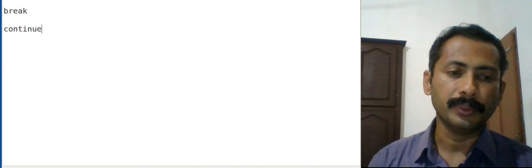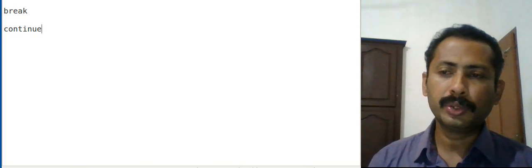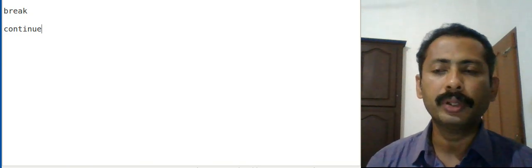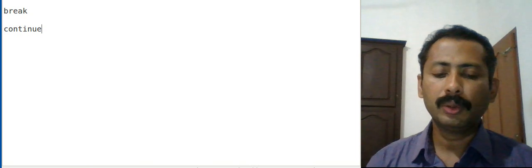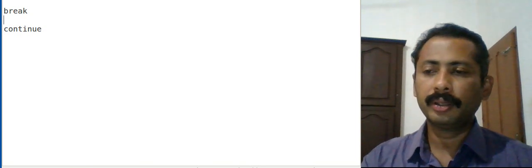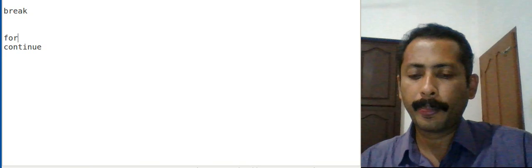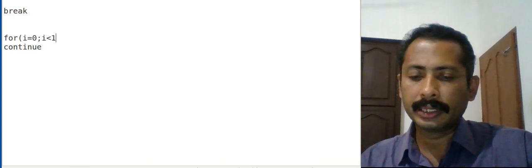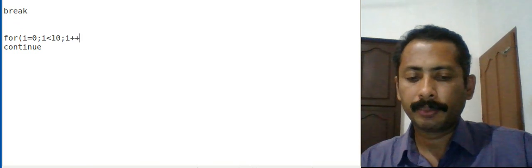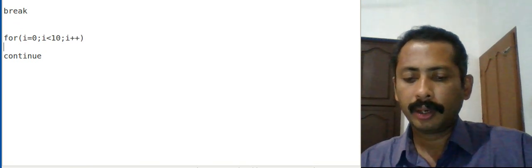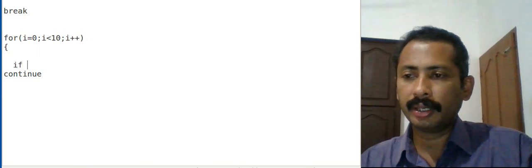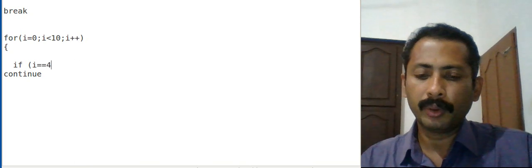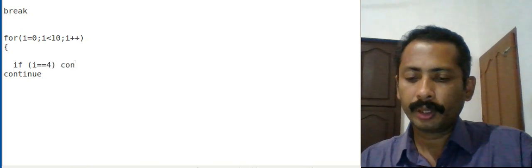Then we have continue. Continue is to skip the remaining statements and to continue with the next iteration. So if there is something like this: for i equal to 0, i less than 10, i plus plus, then inside this, if I am giving if i equal to 4, continue.